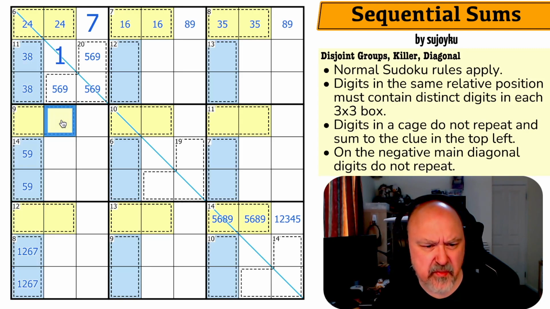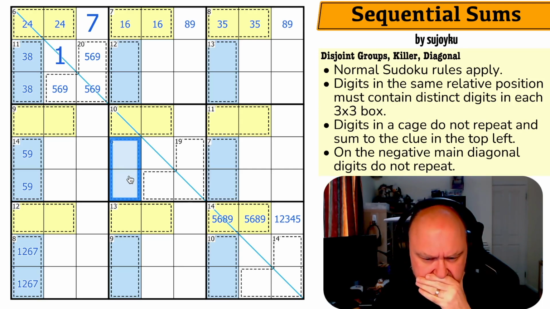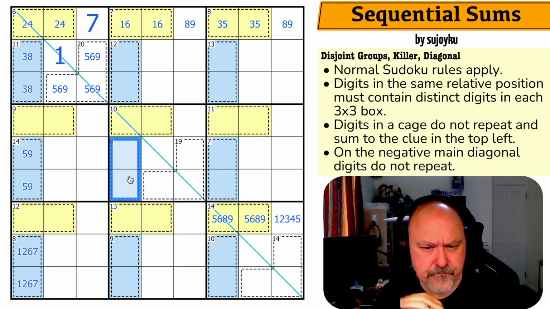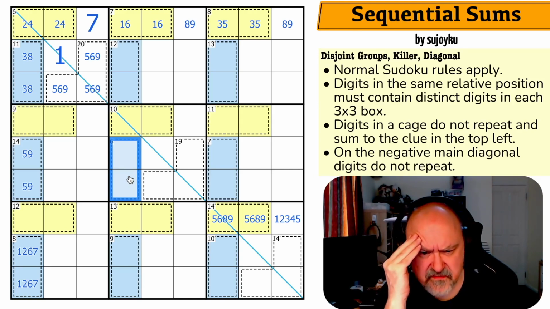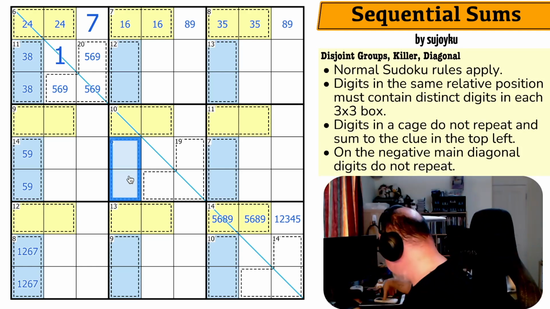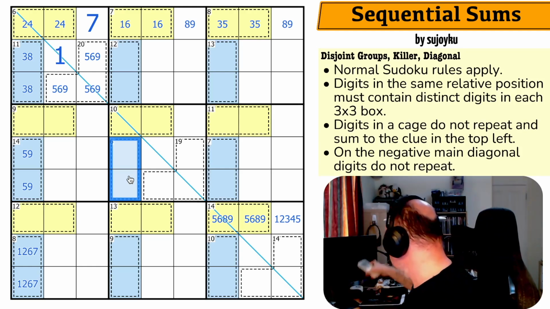No, it could be there with an 8 there. So, I'm not getting these interactions fast enough. It's also heating up in here. Okay,